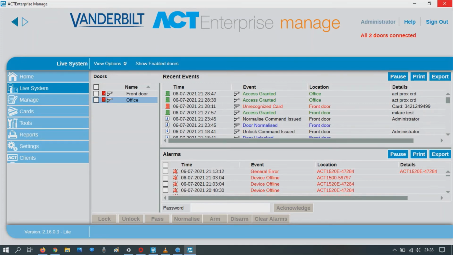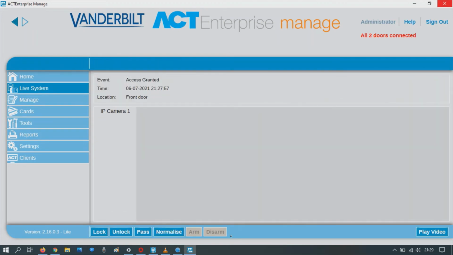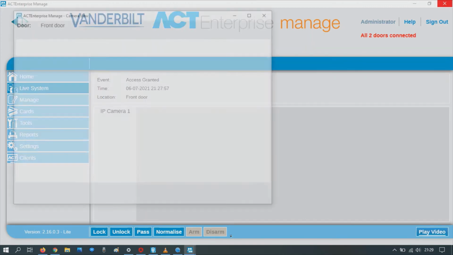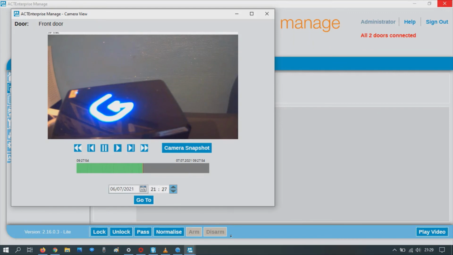Now, if we want to review what's happened in the video, we can go to the event window in the middle there. We can highlight an action, access granted, unrecognized card, or access granted again, and we can just click on that event. So let's click on the front door event, the first event. In the bottom there where it says play video, we'll click that. That'll bring up the live window, but let's press play to recall what happened.